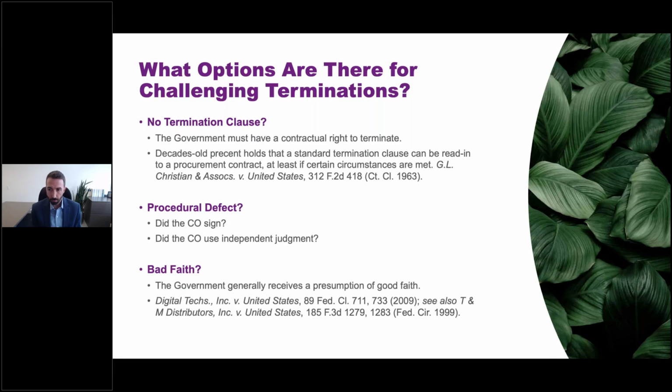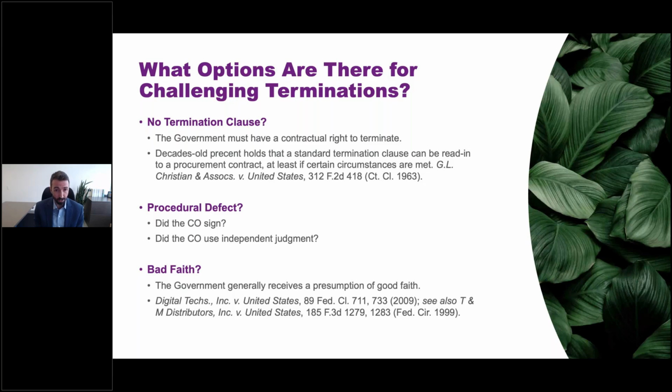Well, I think most people are familiar with the concept that your contracting officer is the only person empowered to make contract determinations and contract decisions for the government. And so if you get a termination notice that isn't signed by a CO, or worse, doesn't even reference your contracting officer, and I'll just say, early in the days of terminations earlier this year, some companies were getting termination notices from people that were not their contracting officer, and they had to think, well, what's going on with that? That can be an issue because it's supposed to be the contracting officer.